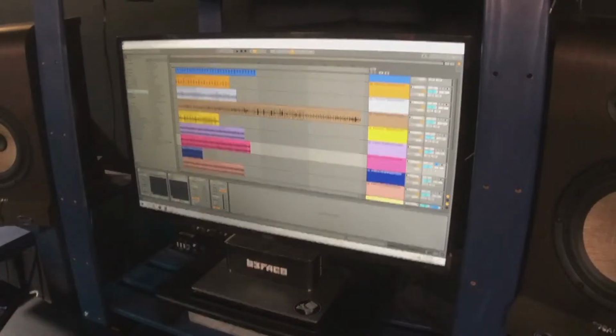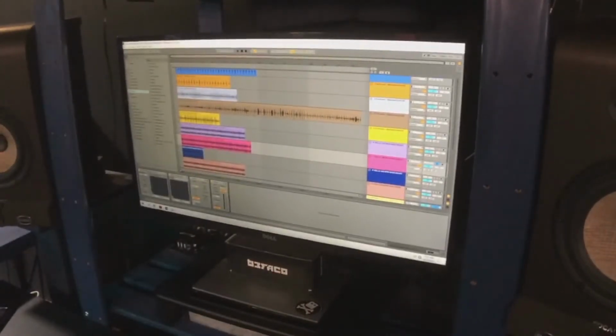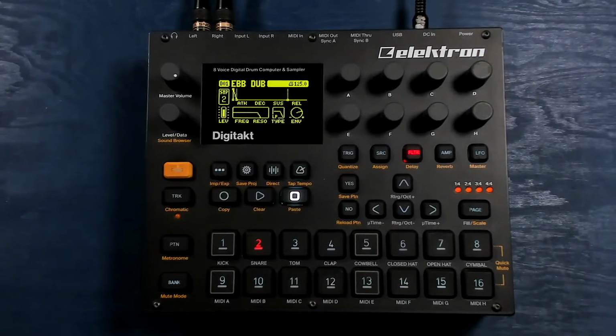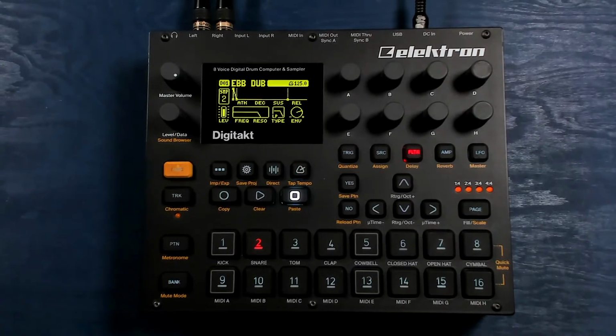Okay. Now, let's head on over to the Digitakt and let's check out a creative way to maybe use, for instance, why do we need to have such a robust amount of samples? Why can't we just use one sound and just tick, tick, tick, tick, tick? And we absolutely can. You certainly don't need to use multiple different